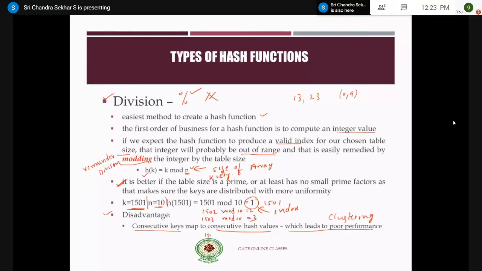Similarly, 1504 mod 10 is equal to 4. So whenever we have consecutive key values 1501, 1502, 1503 and 1504, we have hash values or index values 1, 2, 3 and 4, which are contiguous in nature, right? So it forms a cluster.